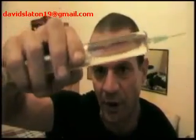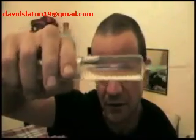Alright, so we've got the 4 ampules. Now we're going to do this just like on any other injection. There's an air bubble in there. You see how I'm moving it so you can see that? Okay. Now what I'm going to do